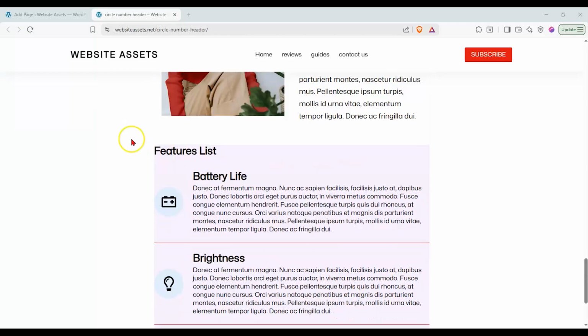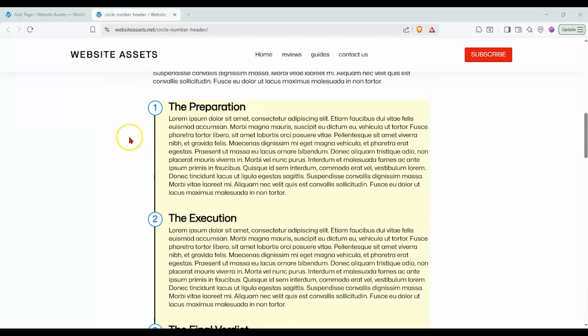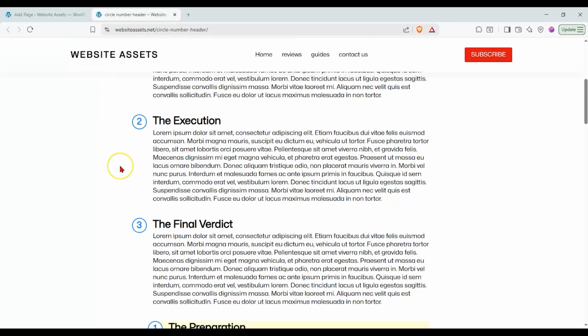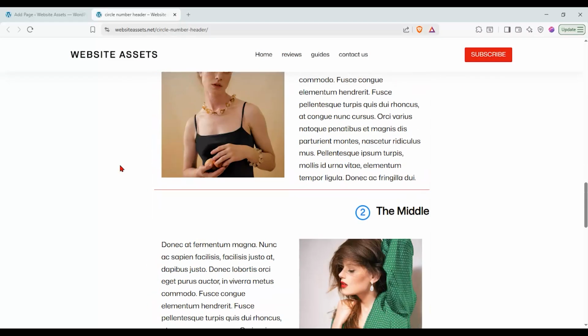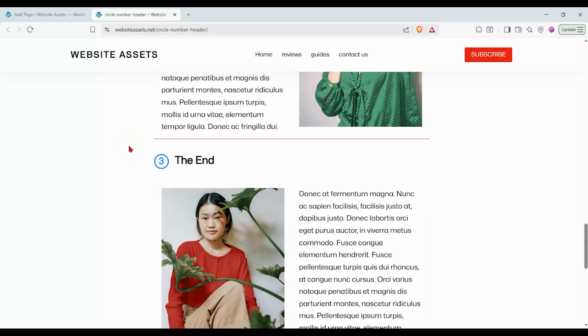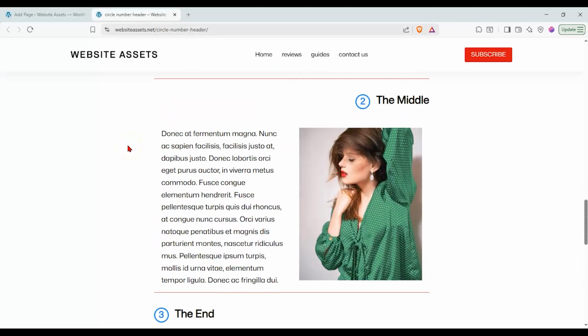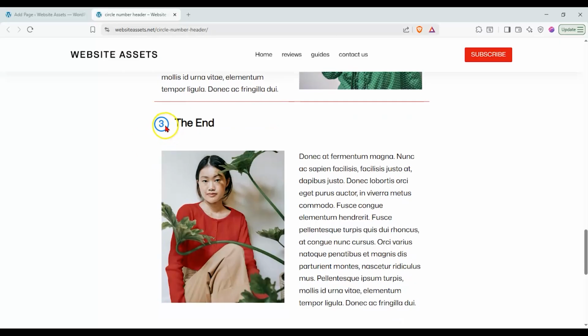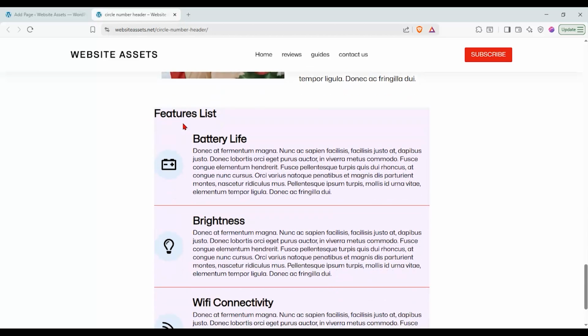Now, again, you could just probably type all of these things one by one with the plain and simple original heading. But the value of this block is that it gives you the ability to quickly add to your site without having it be too laborious. Again, this number comes with it automatically. All you have to do is click on this and type it in, change the size, change the shape, change the color. Or in the case of the features list, we can do away with the circle number entirely,